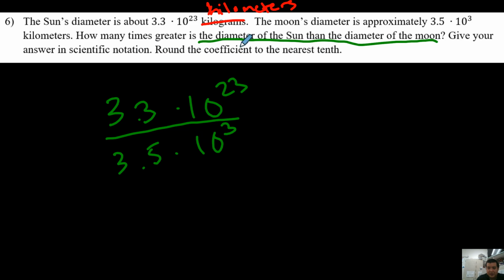It says round your coefficient to the nearest tenth. So what we're going to do is the division. 3.3 divided by 3.5